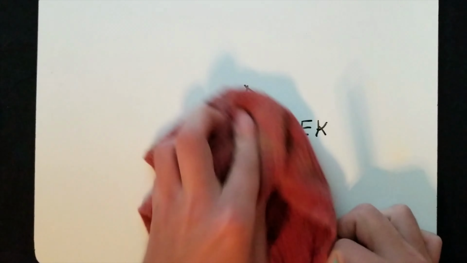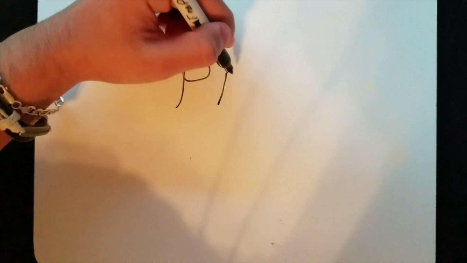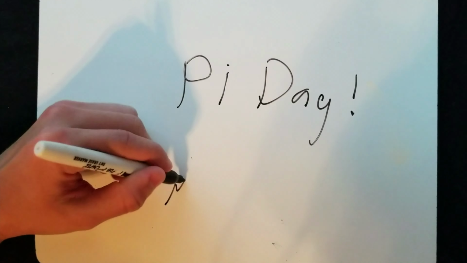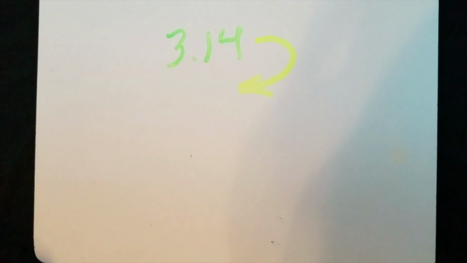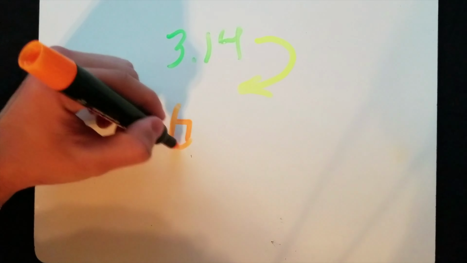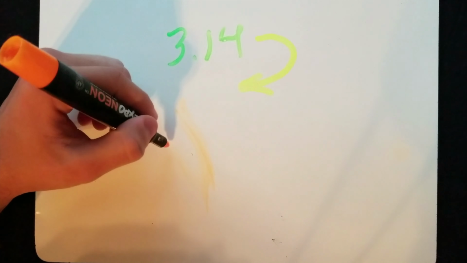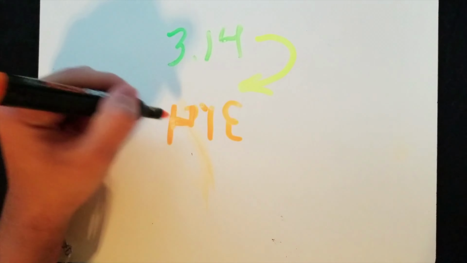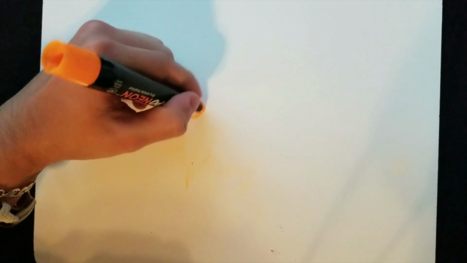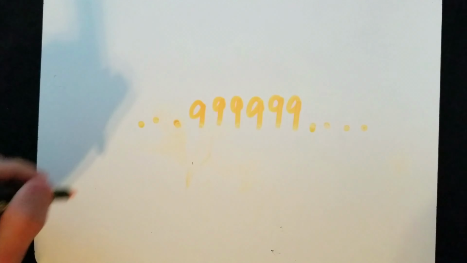And we even have a day dedicated to pi, which is formally known as Pi Day, and is on March 14th or 3/14. Here's something worth mentioning. Did you know that if you flip 3.14 around, you get the letters P, I, and E? And did you also know in the 763rd decimal place of pi, there are 6 nines in a row? This area is called the Feynman point.